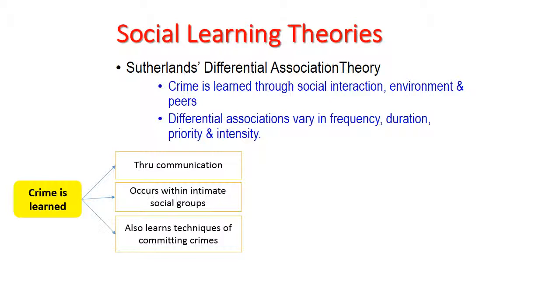These communications could be direct in terms of face to face communication or even communication through emotes, but they could also be indirect, for example, through what we see or what we hear or what we read in the media. He proposes that the process of learning criminal behaviors by association with criminals or anti-criminal patterns involves all the similar mechanisms that come into play in any other forms of learning. For example, things like modeling and conditioning.